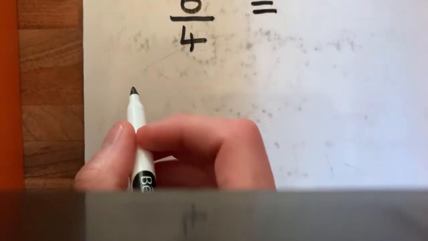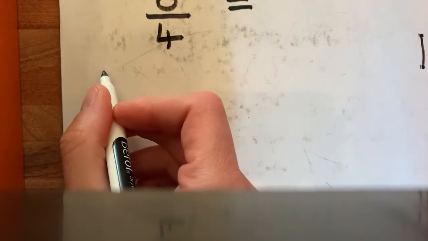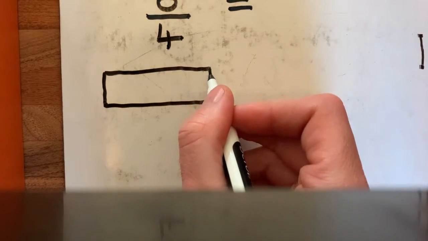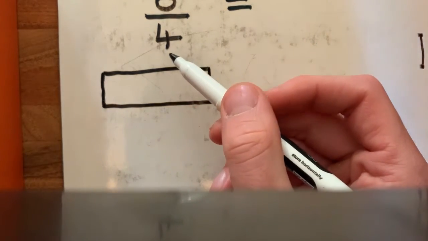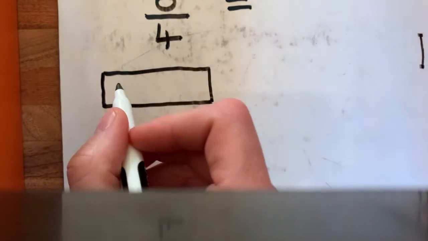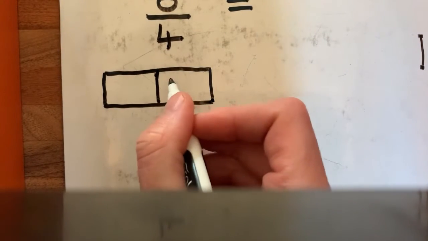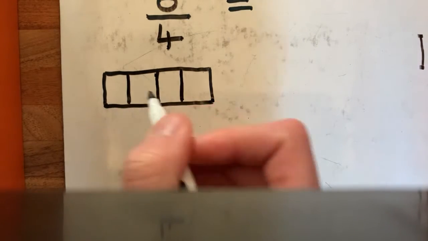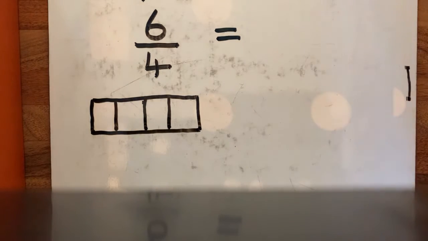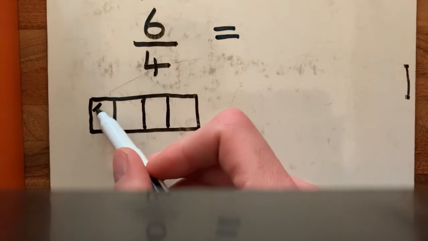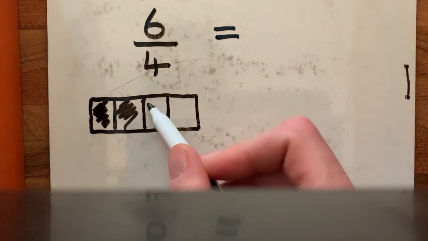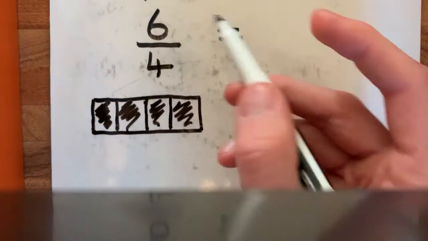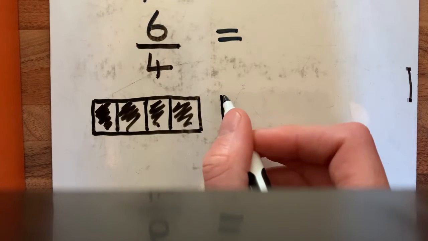Okay, so first of all, we're going to draw our whole, because remember, the fraction is telling us how many parts of that whole that we actually have. So we've got our whole, and then the denominator is telling us how many equal parts we're splitting the whole into. So we're going to split it into 4 equal parts. Okay, now of those 4 equal parts, we've obviously got 6. So again, we colour in, we've got 4 there, 1, 2, 3, 4. Obviously, we know we've got more than 4. Okay, so we're drawing another whole